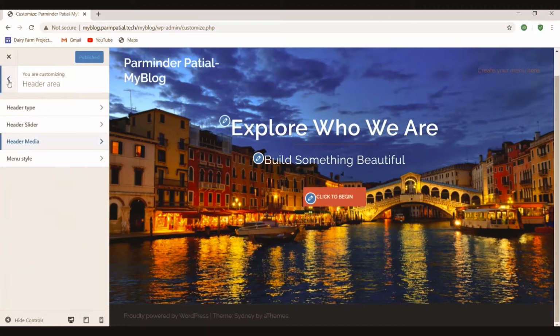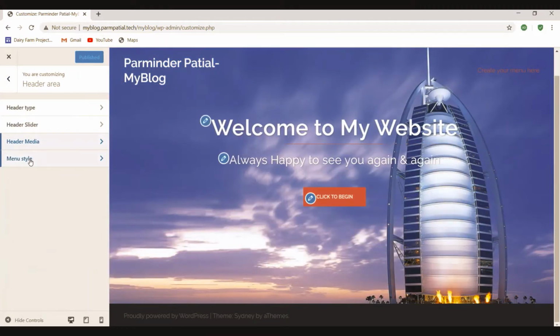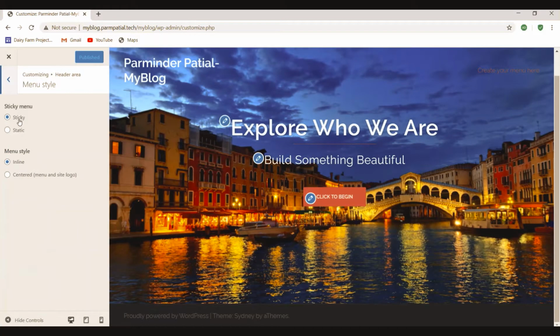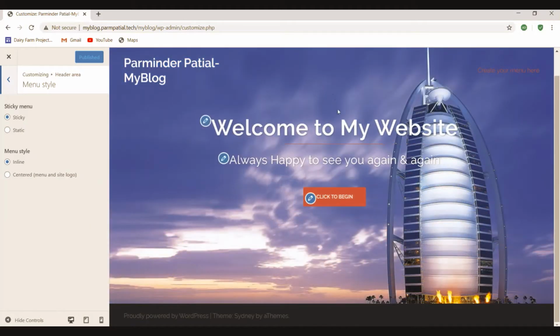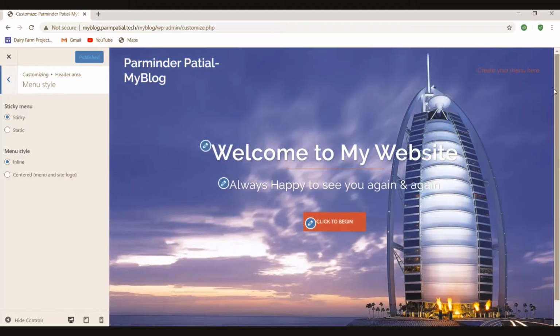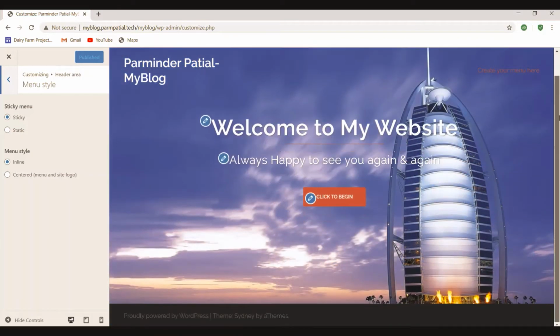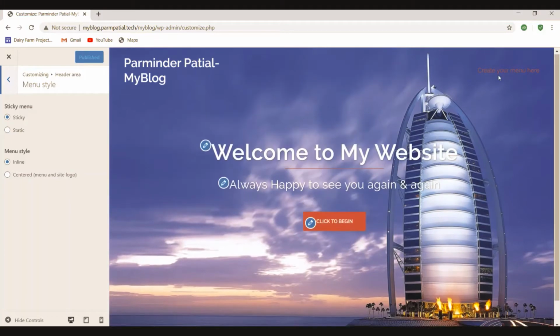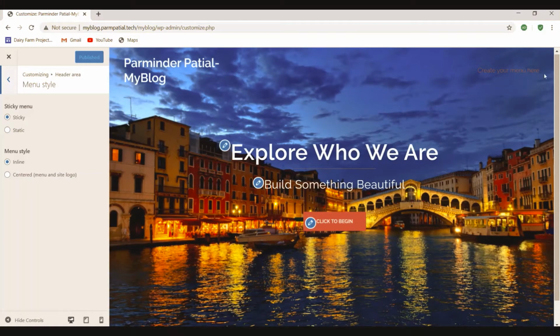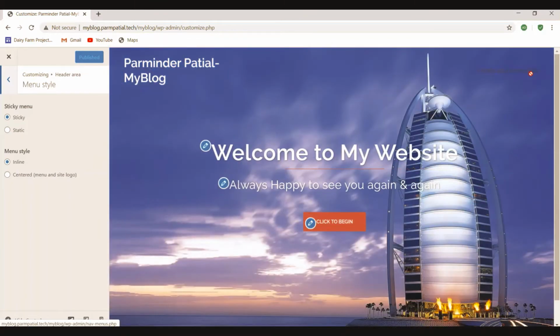We will move back over here, and then we have to go to the menu style. If we go to the menu style, we see the sticky menu or static menu. A sticky menu sticks to this particular space and does not scroll as our page scrolls.